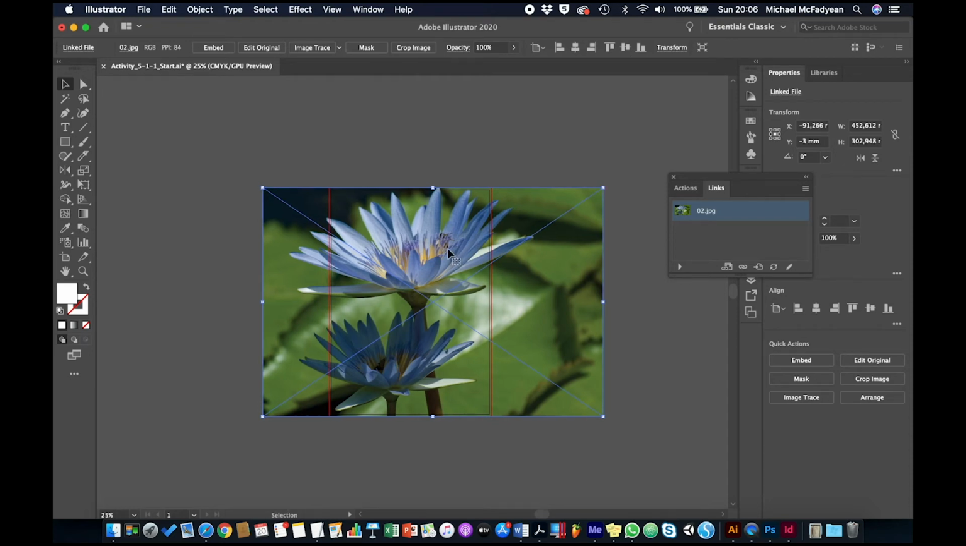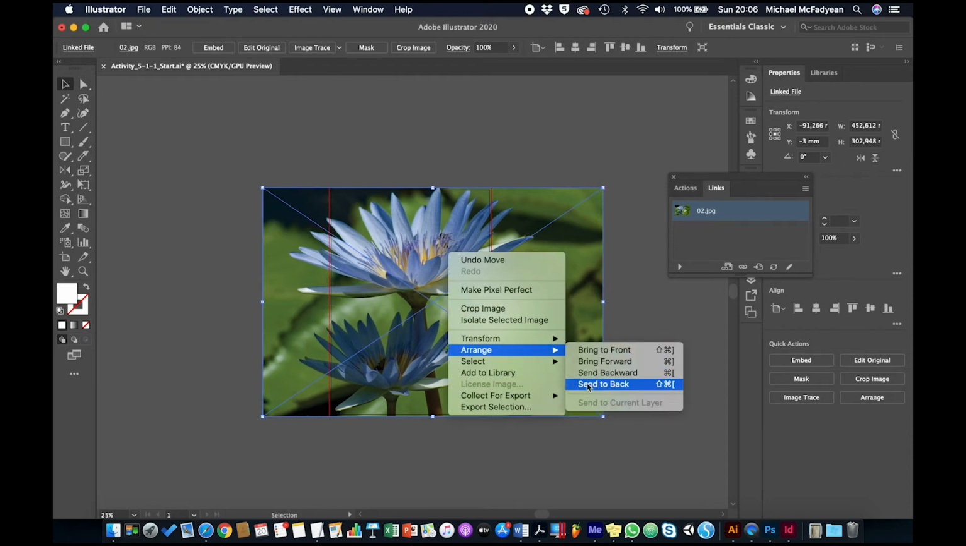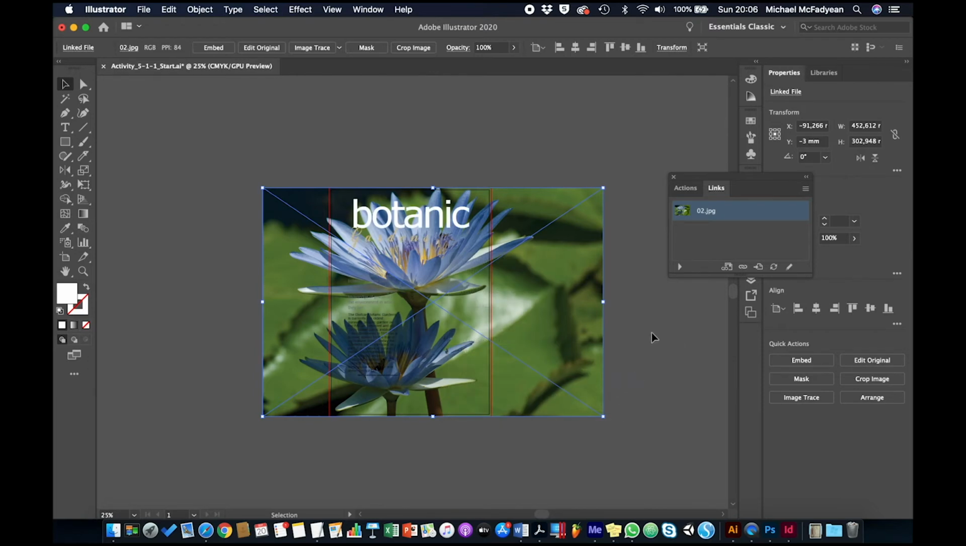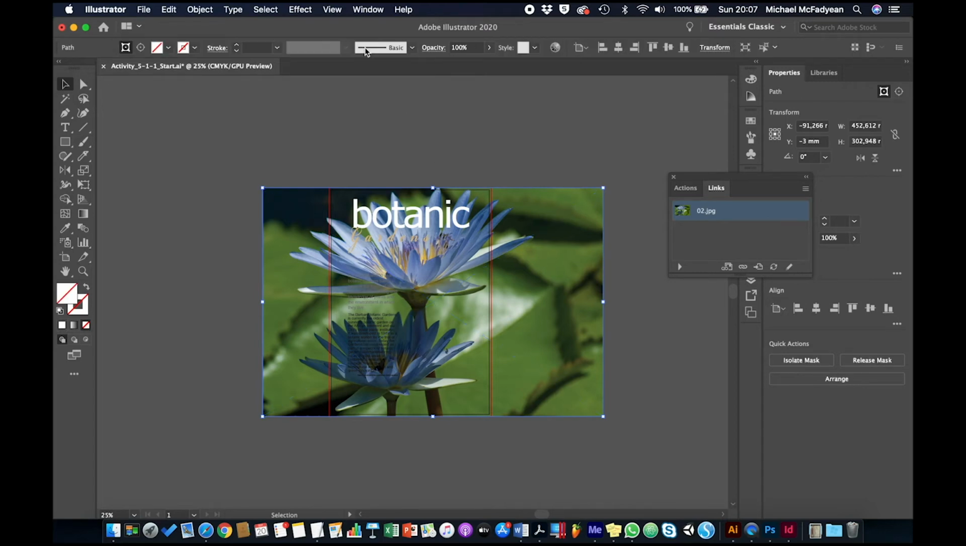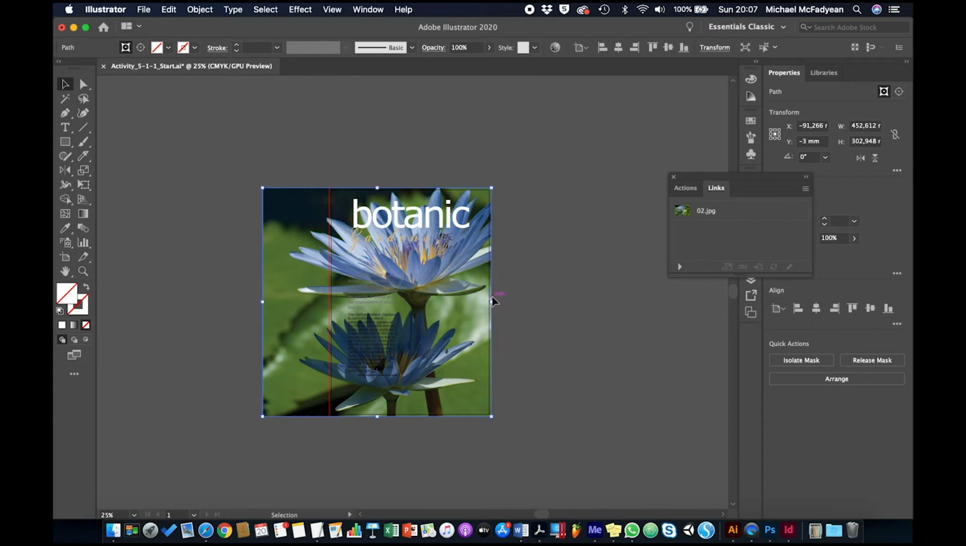So I'm going to send it to the back, so Arrange, Send to Back, and then I need to crop off the sides here, but the problem is I do have a crop image option here, but if I crop the image, it's going to be embedded. It loses its link to the original image, because you can't crop an original image through Illustrator. So instead of cropping, I'm going to mask it. So if I click on mask, I can now drag this clipping mask to whatever size I want it to be,